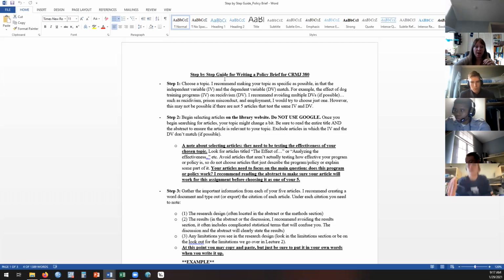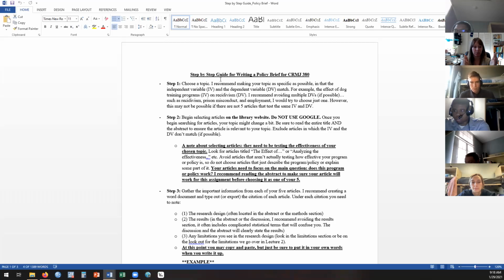So say we have 3 studies that look at the effect of a GED program on recidivism and 3 studies that look at the effect of a GED program on employment. Since we have 2 outcomes, we automatically have 2 policy implications, because we cannot assume that an education program is going to affect recidivism the same way it would affect employment. If it does, we could combine that into one policy implication, but it's unlikely that that's the case. So you might have one implication that says, implement a prison-based education program to moderately reduce recidivism, or implementing education programs will not affect employment, right? So those are different findings.